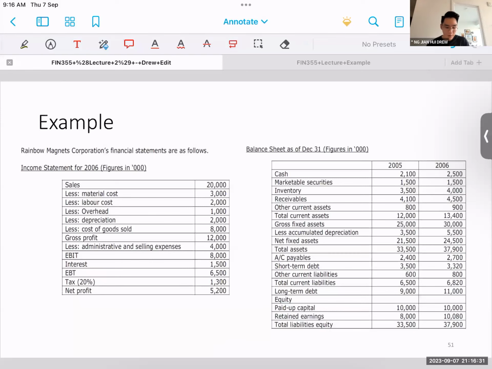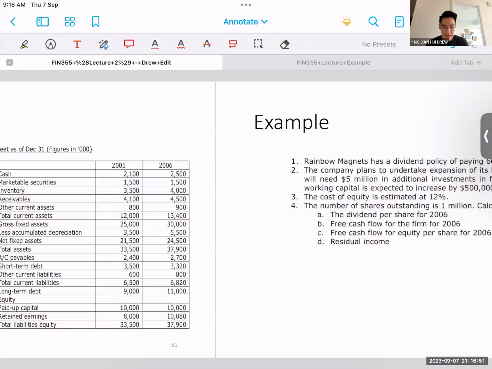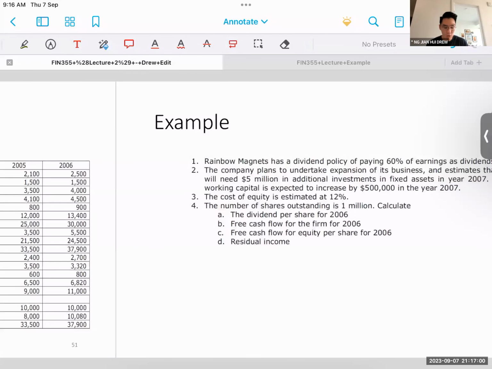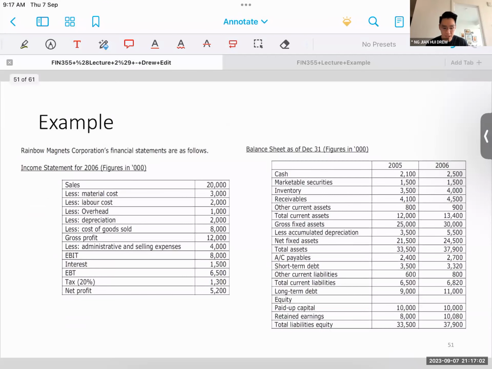Okay, so let's look at the example here. This is the last example for this lecture. It's a very good example because it's simple in the sense that they have taken out all the information that's required for you, so you just pick the information as required. It's not so complex compared to looking at a financial statement, but at the same time, it requires you to pick all the information. So you have your income statement, you have your balance sheet,